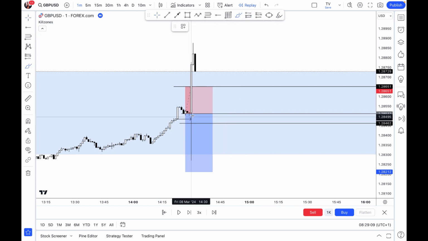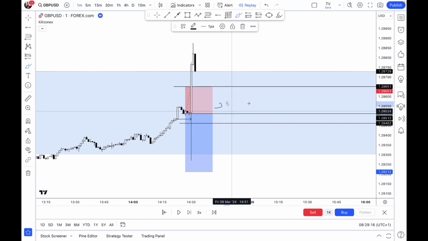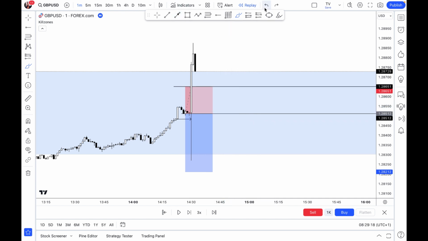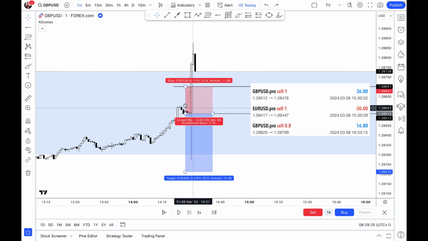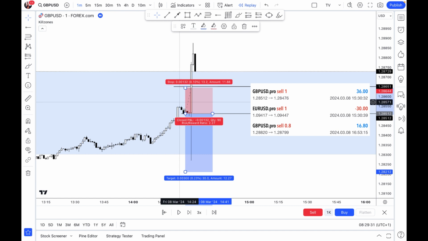I was able to get about $36 manually in profit, and I was happy. I immediately closed out the trade, because if I had not done that, my stop loss would have been hit right there. I think I might show you my MT5 screenshots. You can see where I got in and where I actually exited the trade.